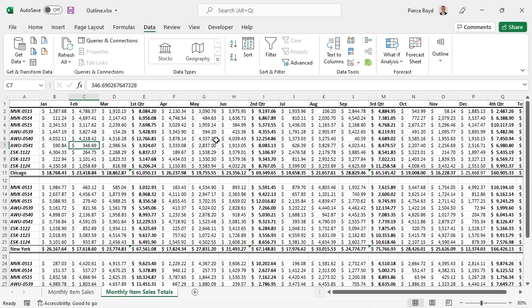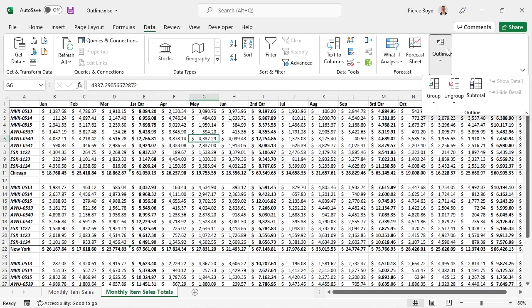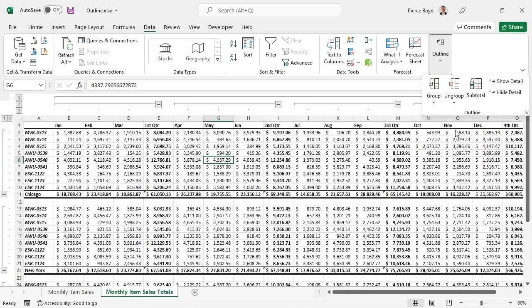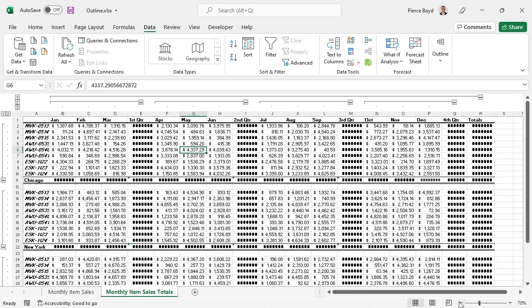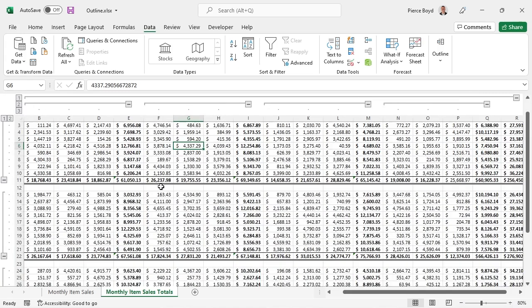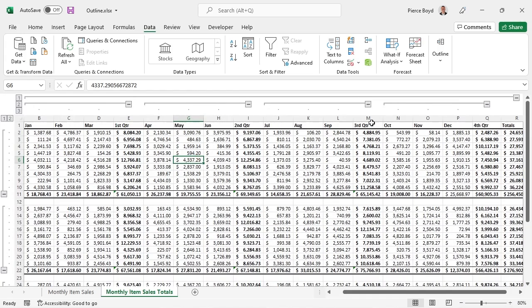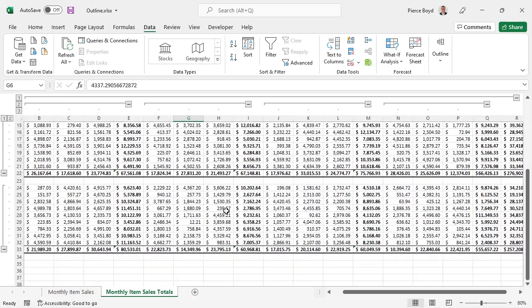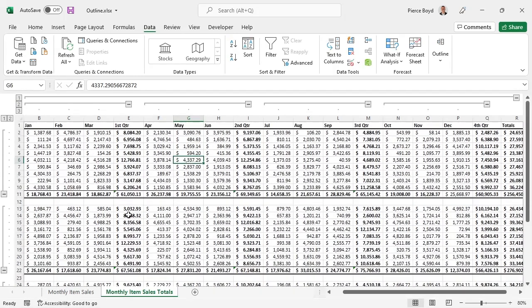Because, like I said, this data is really prepared for an outline. All of our groups are clearly defined. We can go to the outline button, click on the little drop-down arrow next to the group button, and select Auto Outline, and watch what happens here. Let me zoom out just a little bit more. Oh, that's too much. This created all of our quarter groups, our totals group, and all of the groups by store